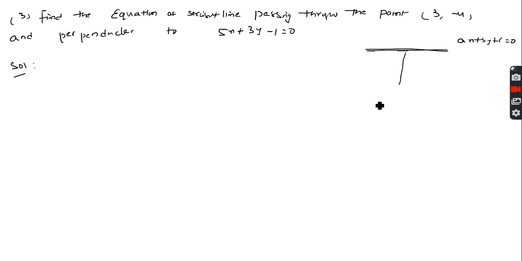Find the equation of the straight line passing through the point and perpendicular to this line. So what is the perpendicular line here? It is bx minus ay